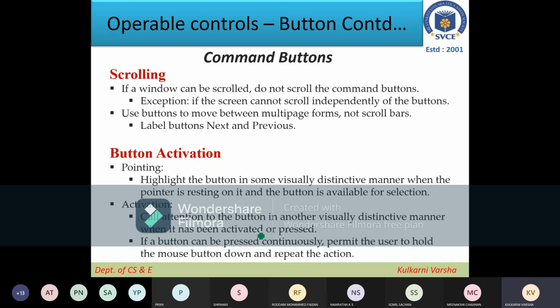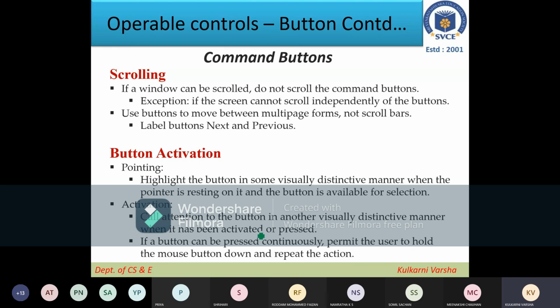Otherwise, if you are using the keyboard, many times we have seen that when we click the button, the visual appearance of the button will change. When we release the mouse pointer, I mean the mouse left key, then the button will release, and that we can show visually.